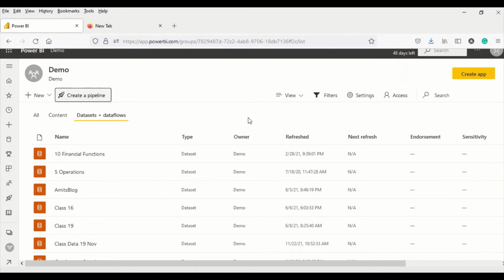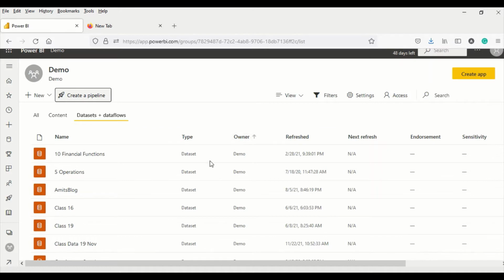So now I'm going to tell you a few concepts which you need to take advantage of when you're creating a deployment pipeline. It's not just that I'm able to deploy it. What exactly am I going to get by deploying, by separating out my dev, test and QA environment? And one of the problems which you keep on asking about: I have a lot of data, I need to load that lot of data and then publish it to Power BI service, and then I can only run the incremental load. Can something be done? Yes, in the deployment pipeline, something could be done. Okay, so we were going to implement that.